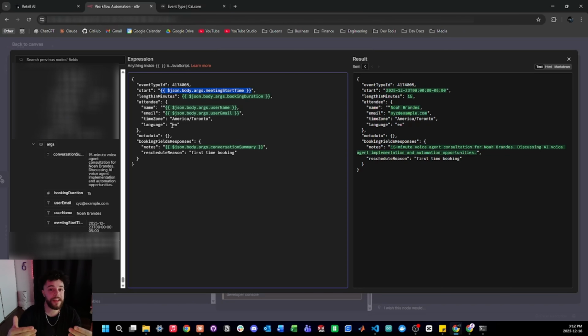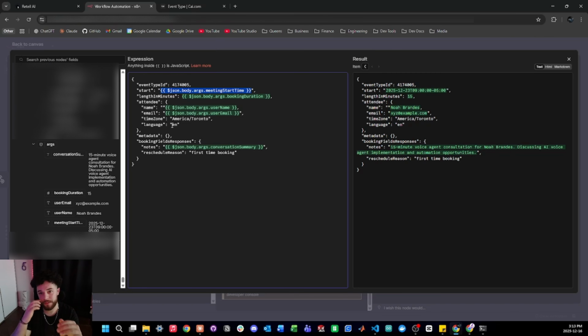So now that we have this set up, the agent is going to be able to provide different values for the length in minute variable that will then be passed to cal.com and treated as the meeting duration. So in this case, we have two different types, a 15-minute or a 30-minute meeting. So depending on the meeting type, Retell AI voice agent is going to send 15 or 30 as the length in minutes. It's going to send to N8N, which is then going to send to cal.com to book that meeting